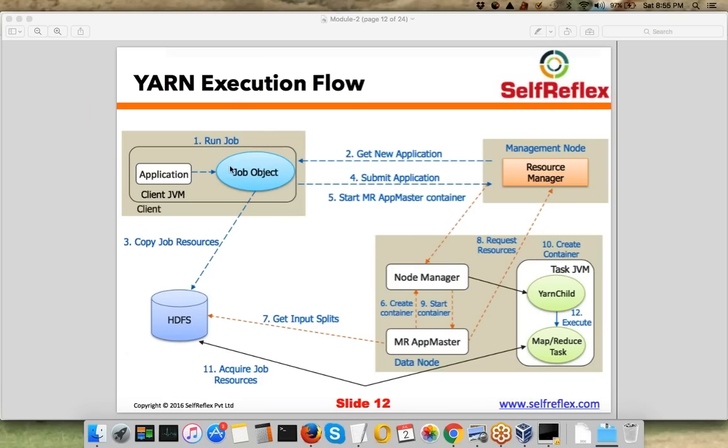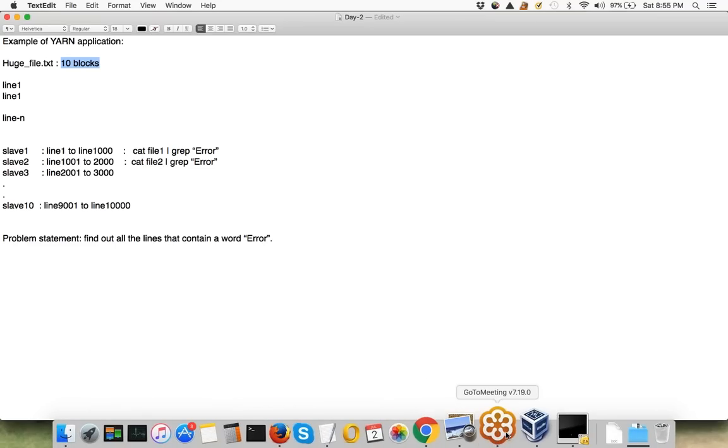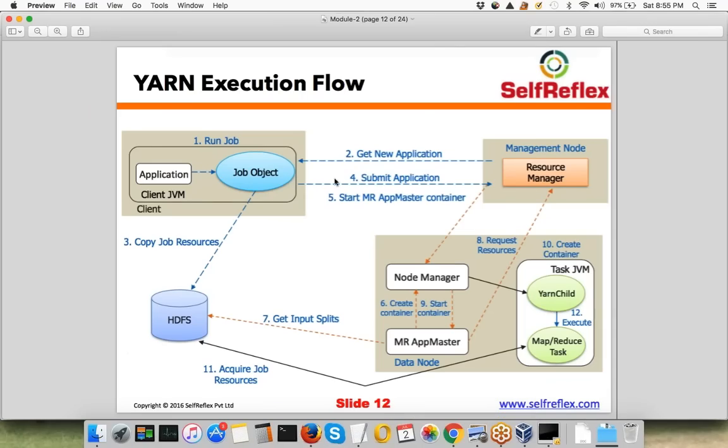So your client wants to run an application. Your application is something that requires, let's say, multiple tasks to be run, right? So just like in this example, you have multiple tasks to be run in the cluster, and that application request goes to the resource manager. Resource manager will launch an applications master, right, on one of the free containers. That applications master will talk to the name node in HDFS and get the location of those blocks. Name node will tell the applications master, okay, the blocks of the file that you want to process are present on, let's say, these 10 data nodes.